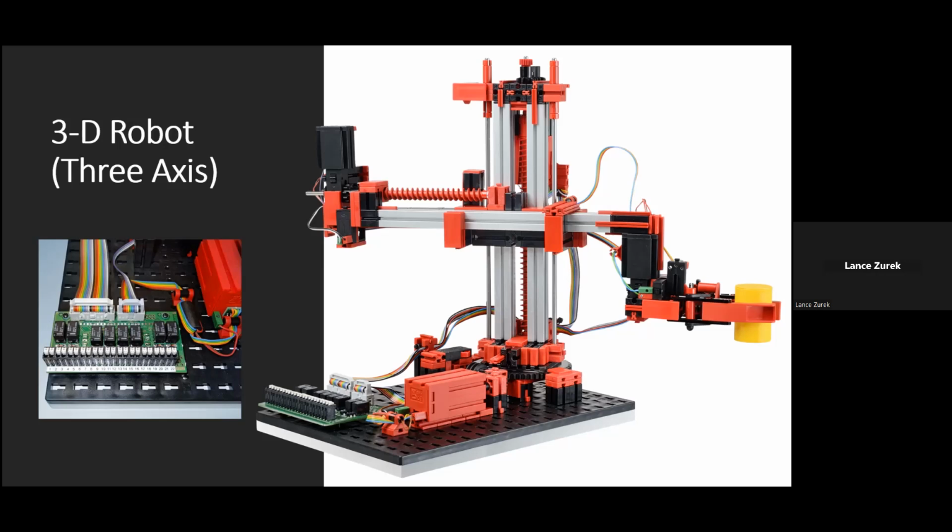The degrees of freedom for this robot are as follows. Axis 1 turns 180 degrees, Axis 2 can move forward or back 90 millimeters, and Axis 3 can raise or lower 150 millimeters. Components on this model include 2 XS motors, 2 encoder motors, and 4 push-button limit switches. Dimensions of the model are approximately 19 by 16 by 9 inches, and it has a weight of just about